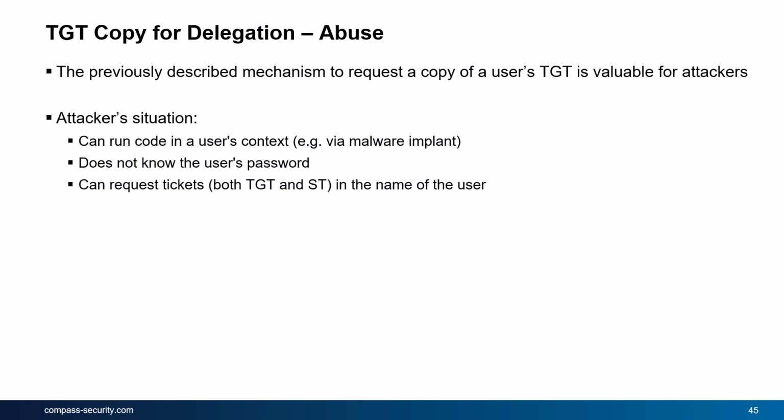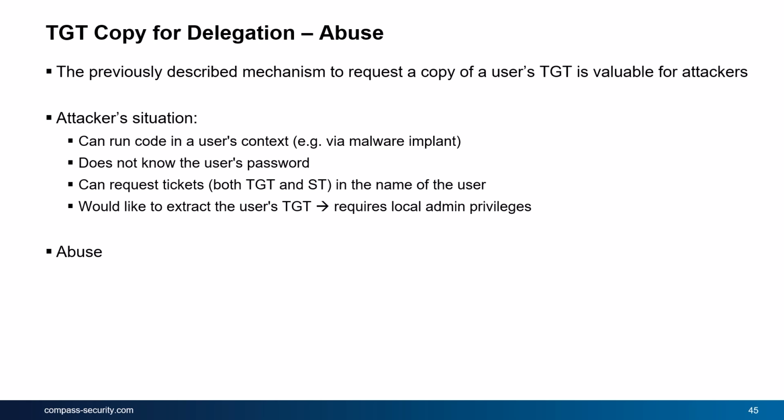However, what we can do with being able to run code in the user's context is to request tickets. So we can issue a request for a TGT, or we can issue a request for a service ticket. And what we would like to achieve is to actually extract a user's TGT to use it from maybe another system like a Kali Linux. However, this requires local admin privileges if we talk about the primary TGT of a user, since this is only kept in the LSASS process memory. Now, instead of